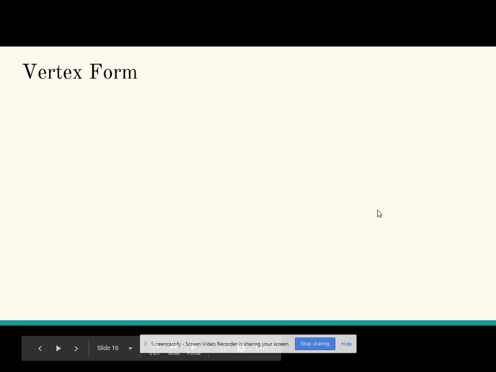In the last video, section 5.1, we looked at how to graph quadratic equations or quadratic functions in standard form. So finding the vertex, finding the roots, the x-intercepts, and finding the y-intercept. And then we used some concepts of symmetry to find points that were necessary to graph if we didn't have any roots, or if the roots were irrational. Now we're going to look at something called vertex form, and this is technically in chapter 3, but really